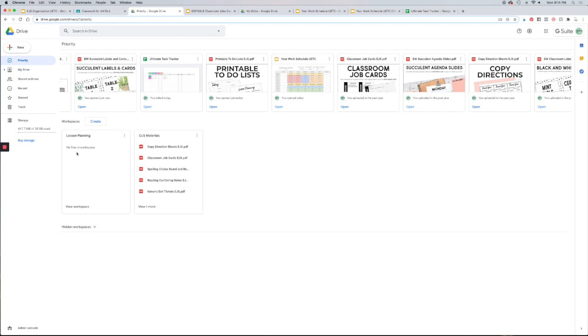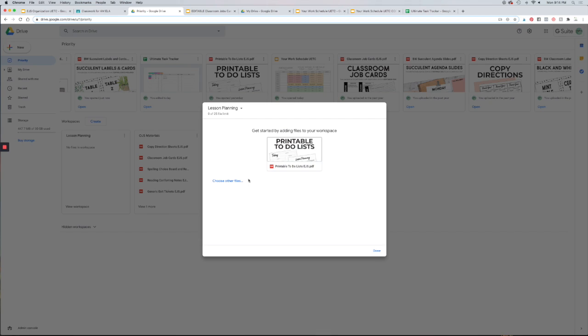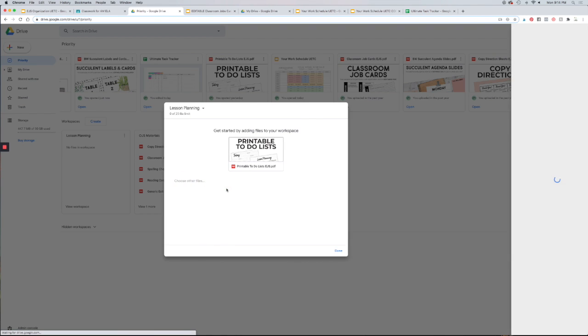So if you create a workspace, you can save those docs here and just go here every single time you're lesson planning. You can have up to 25 files in any of your workspaces. And to add a doc, it's super simple. You just click where it says